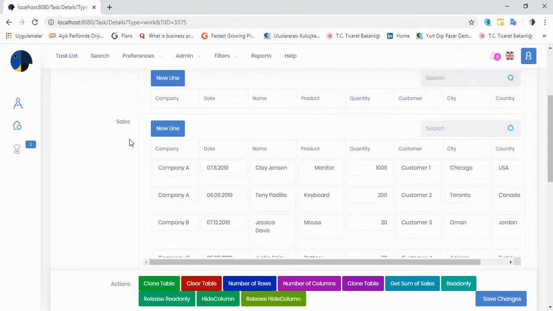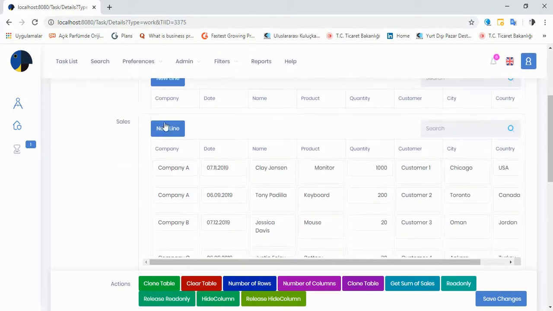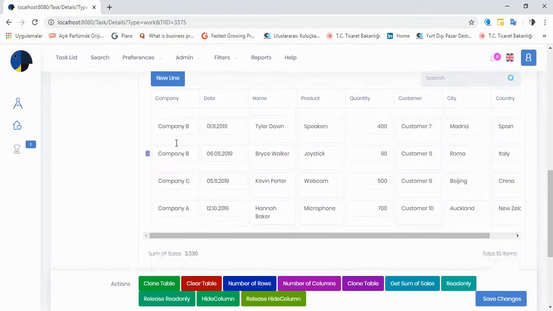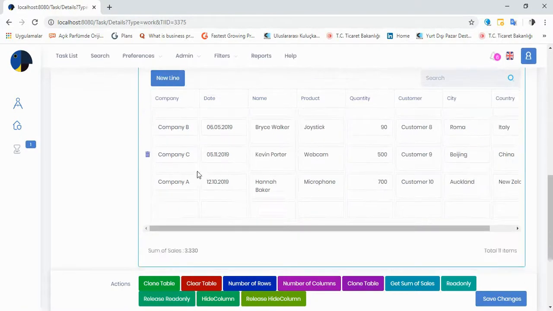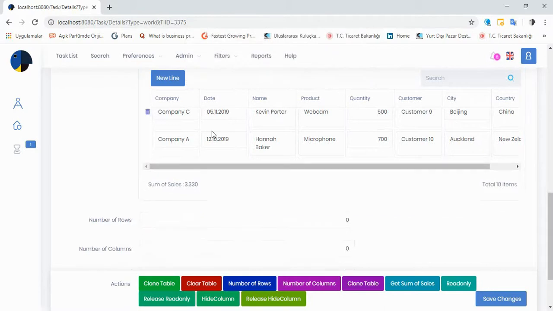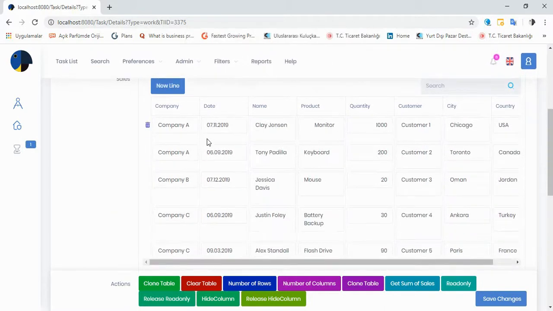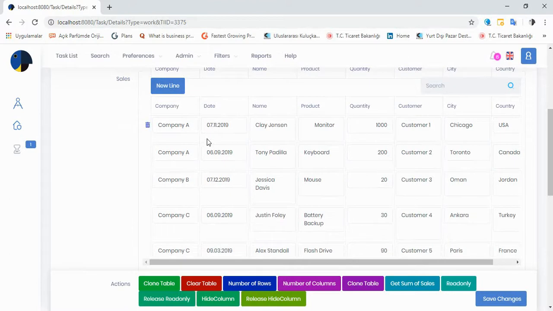So at eFlow, at this table, the users can add new lines to the table by just clicking this new line button. But if I want to skip this, if I don't want the users to add new lines, I have a function